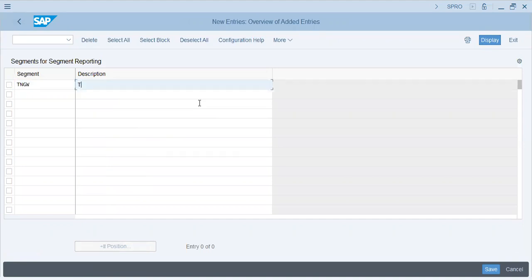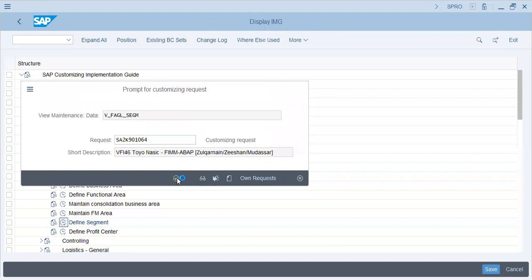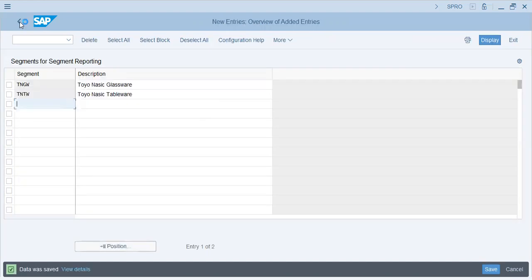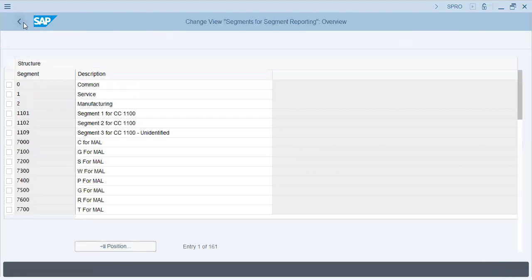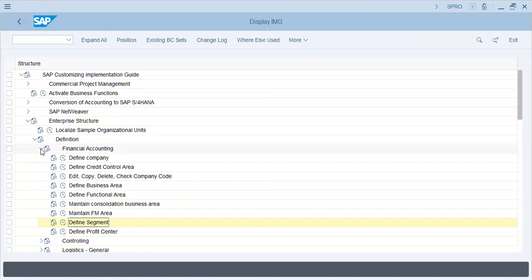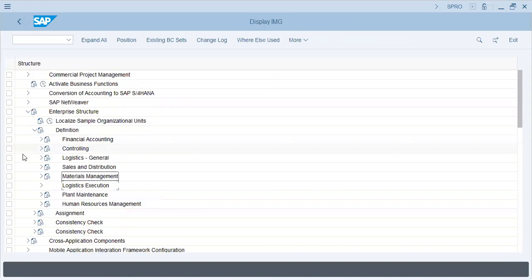Glassware. Nasik. Glassware. Nasik. Tableware. Enter. Save. Okay, this is done. Okay, once this is done, next we have is